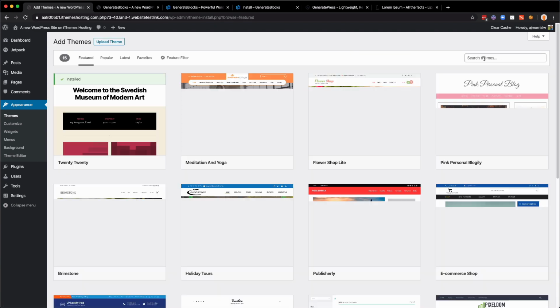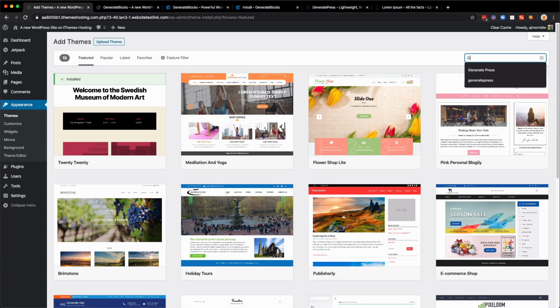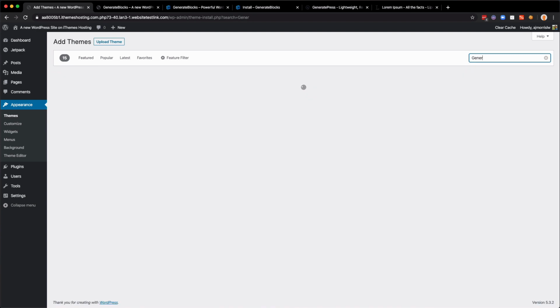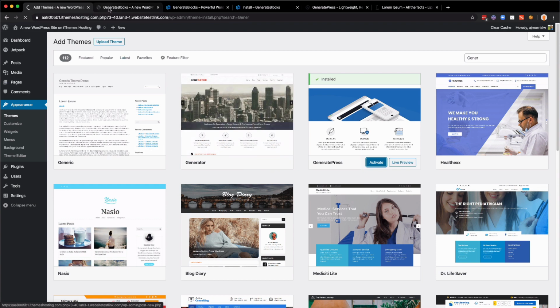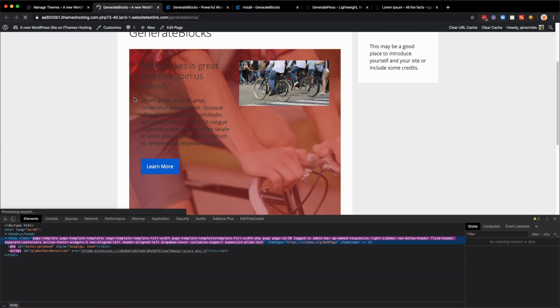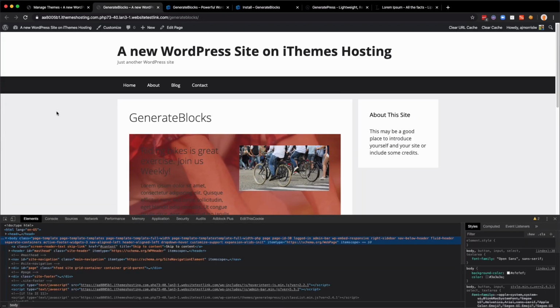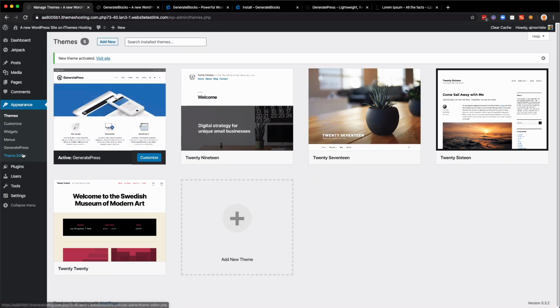So go to add new for themes, do GeneratePress. So we'll install it. Now we're going to see a big drastic change on the theme itself. For example, you're going to see background and all sorts of other changes. But if we go back to our page,